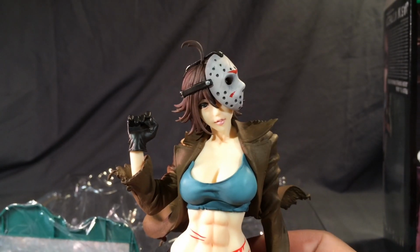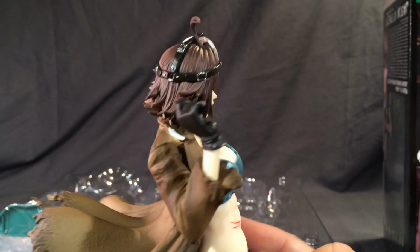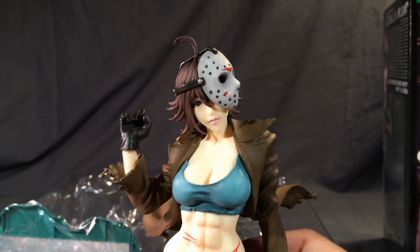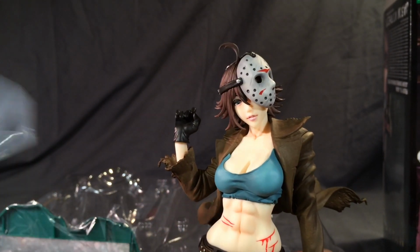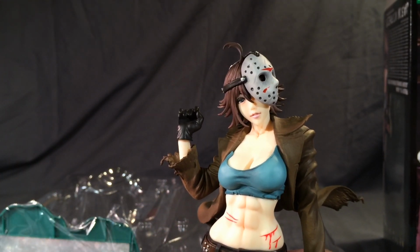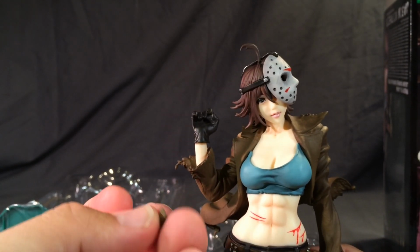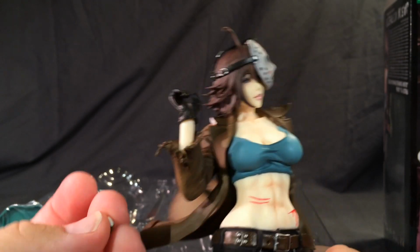The collar on her jacket broke off. That's pretty lame. I think that might be a first. I think it's the first time I've opened a Bishoujo and had it be broken. That's pretty lame. I think I can glue it back on. I'm gonna try to glue it, but